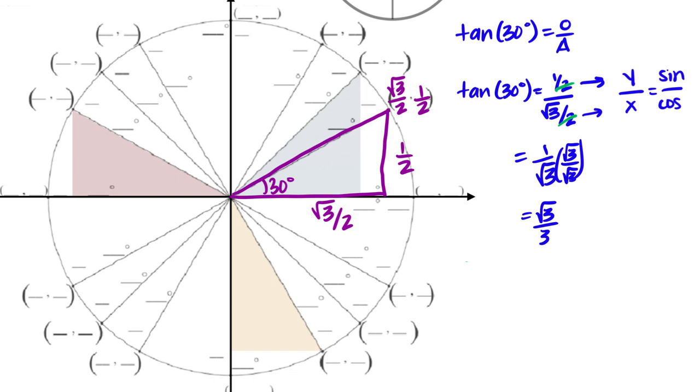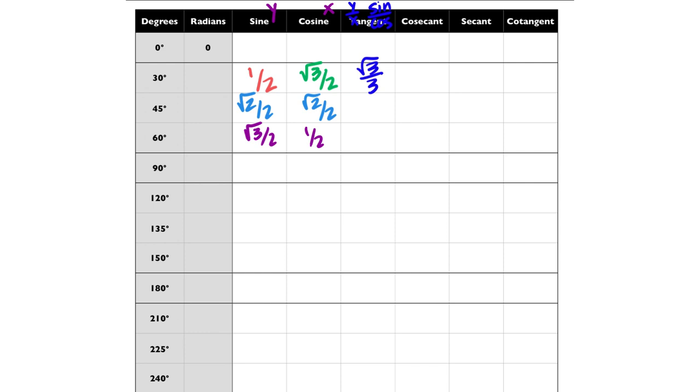So tangent is known as sine over cosine. And that's actually its most common definition. So in the tangent column at the top, I want you to write either y over x or sine over cosine. So you can take every sine value and put it over the cosine value, simplify whatever you have, and